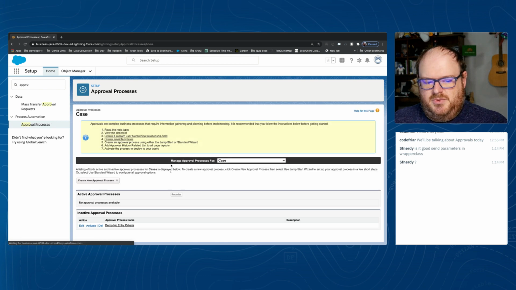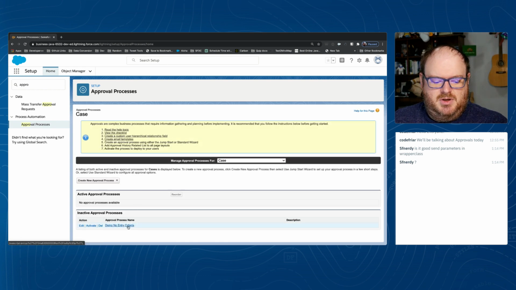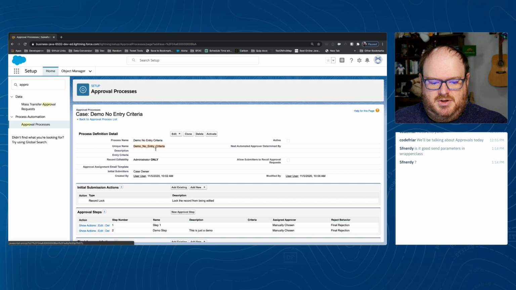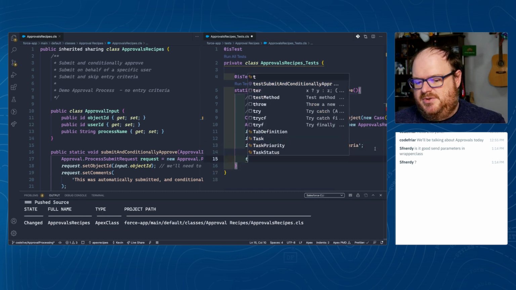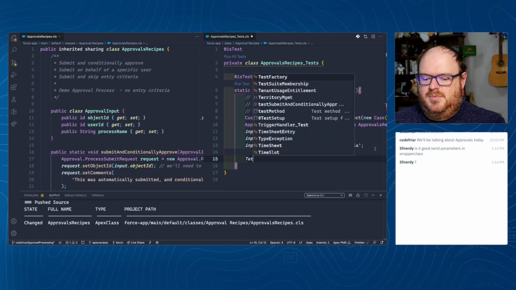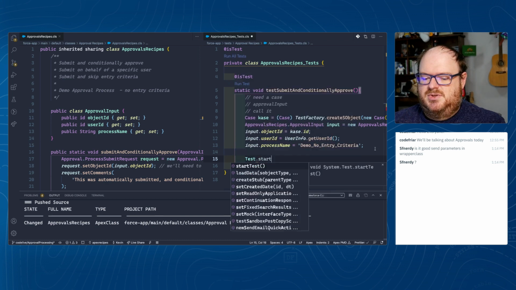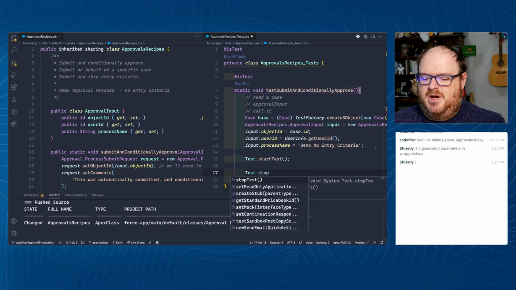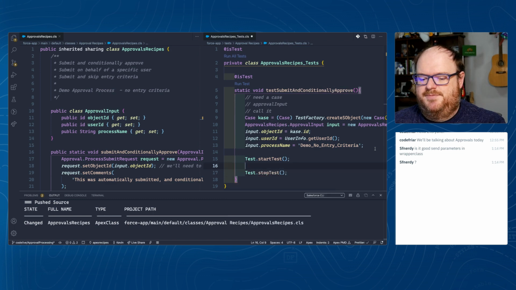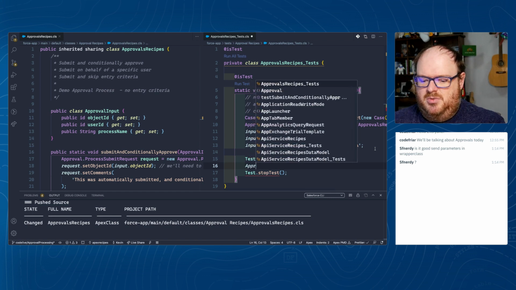Approval processes will go here, and approval entry criteria, do our unique name, the underscores, good. Okay, and now, just for grins and giggles, I'm going to do test.startTest, and I'll do test.stopTest so I don't forget. Very good. All right, and now what I can do is I can call approvals